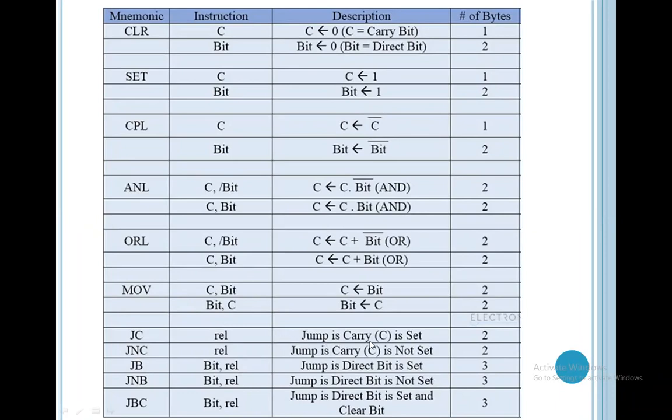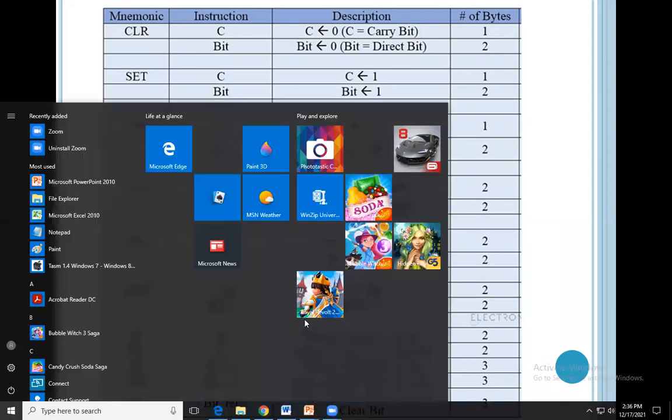We have to use it for jump if carry and jump if not carry, which means we have to work with the carry bit which is present in your PSW. So these are the instructions we have discussed in the instruction set: ORL, jump if carry, set C. These instructions work with only one bit, the carry bit, because it is not possible to work with two registers, A and B, here. So for that purpose we have to use the carry.